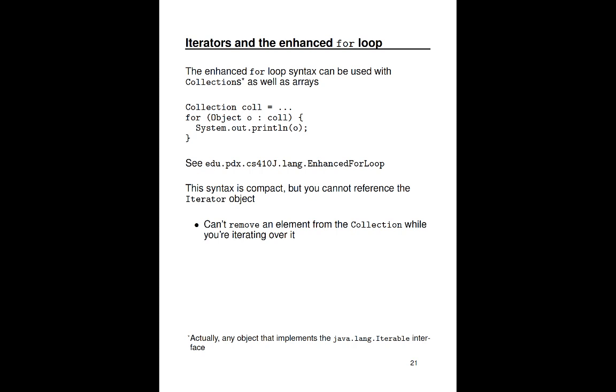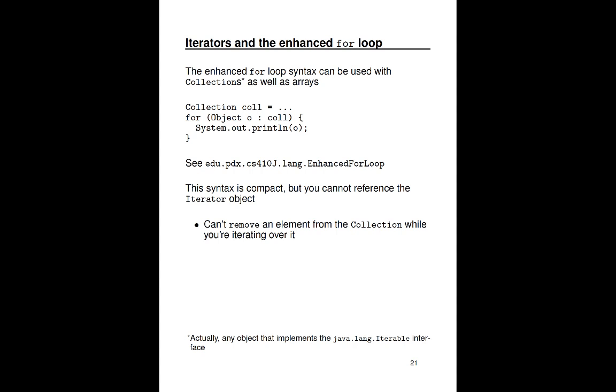Actually, it's anything that implements the Iterable interface, but for these examples, let's just say collections. So we can say for Object o, colon, a collection, go ahead and do it. This is syntactic sugar over getting an iterator from that collection and iterating over it. This is nice because it not only saves some typing, but you don't need to worry about the iterator object. But it means that you also can't reference the iterator object, which is fine